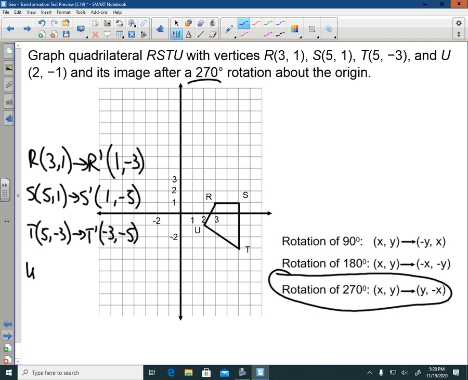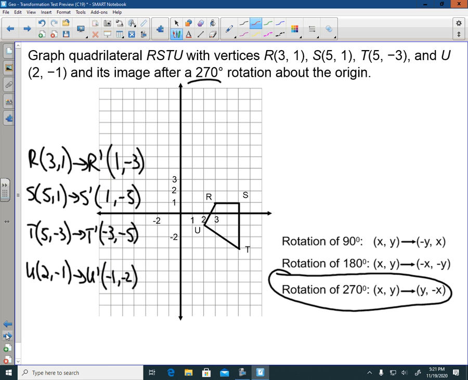And then u lives at 2, negative 1. So u prime lives at negative 1, negative 2. You guessed it. And then we just have to throw these points onto the graph. So 1, negative 3,